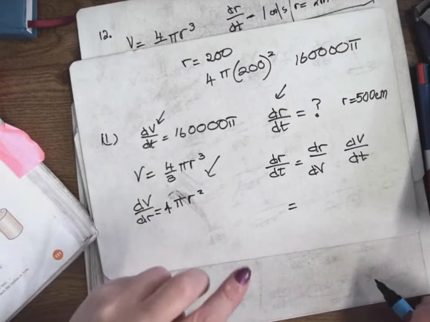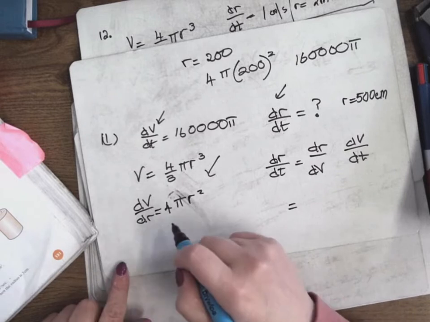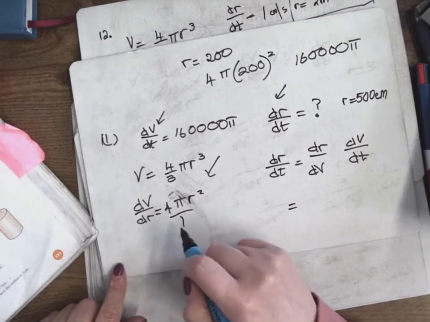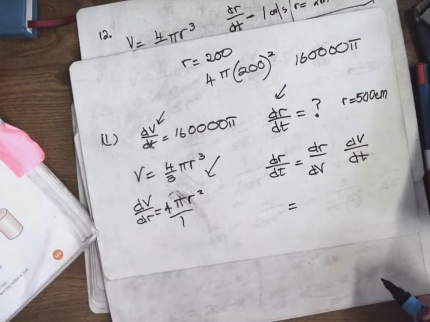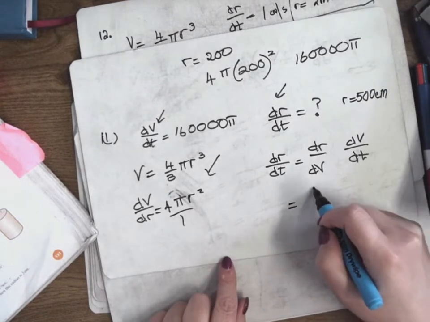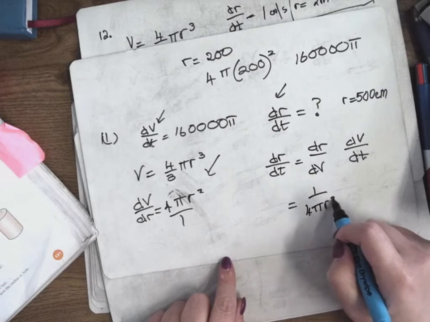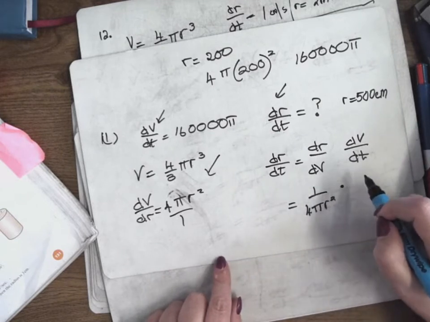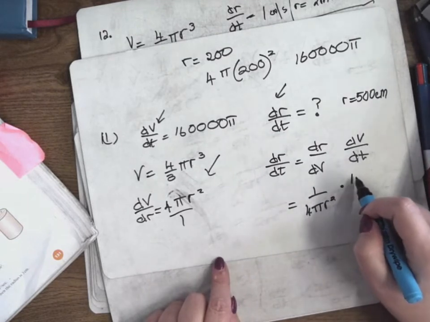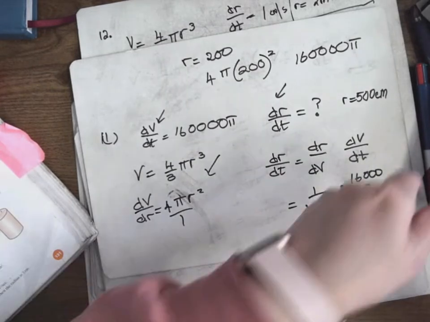dV/dr is the same thing except it's upside down. So you just invert it. If I invert it, I now have dr/dV. So all you have to do is turn it upside down. So it's 1 over 4 pi r squared. Is that all right? And you're going to multiply that by dV/dt, which was 16, 1, 2, 3, sorry,